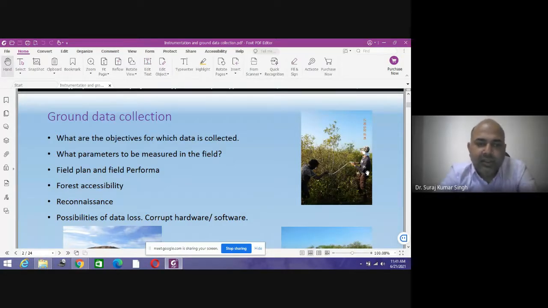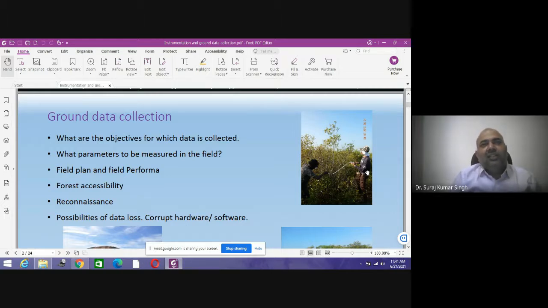Today, we are going to study the various kinds of instrumentation, sampling procedures, and sampling methods that are very important for your ground truth verification and data collection. As many of you will be doing your dissertation in coming semesters, and some have done their dissertation at master level. Whenever we are doing any kind of analysis related to remote sensing and GIS studies,